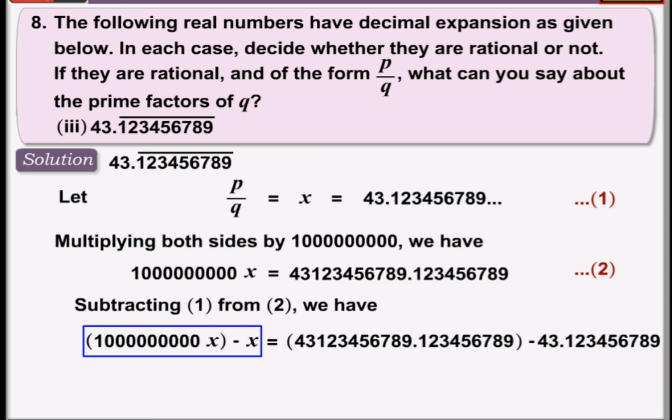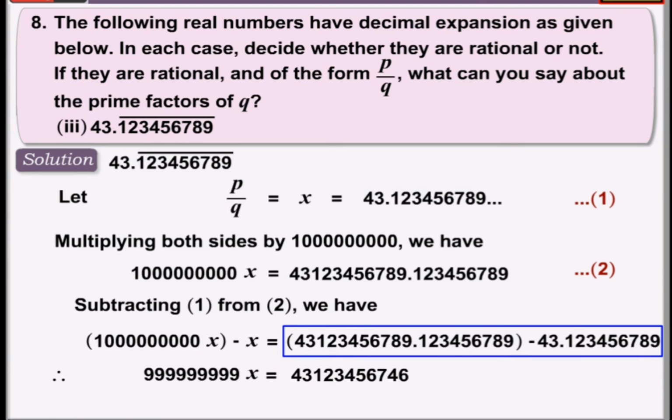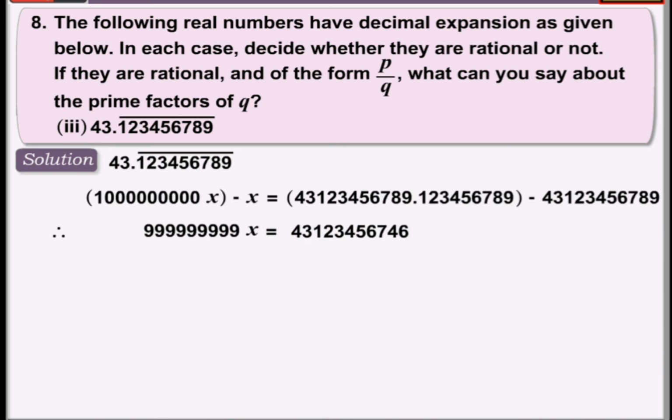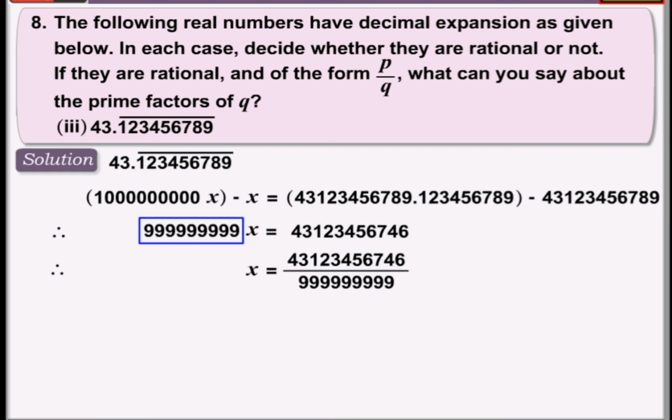So it is 999999999 x is equal to 431234564746. So x is equal to 431234564746 upon 999999999, which is equal to